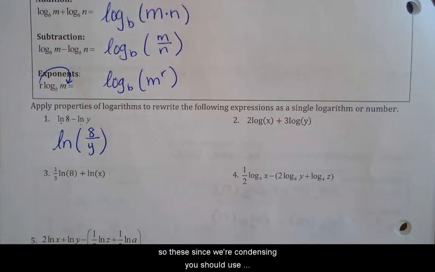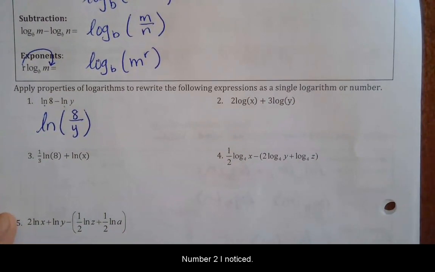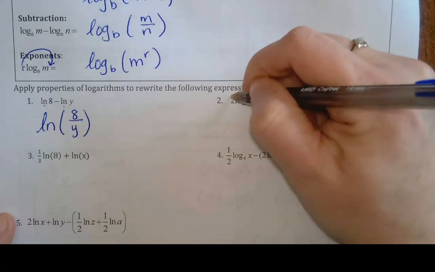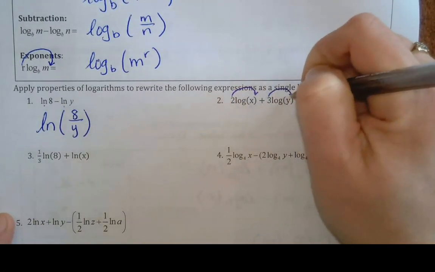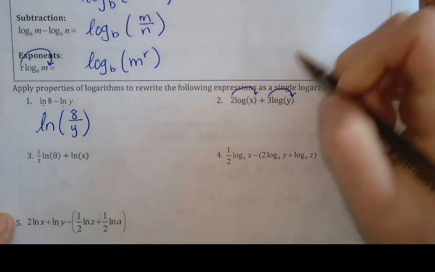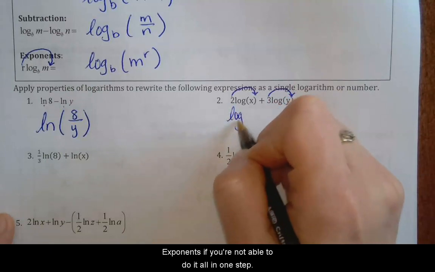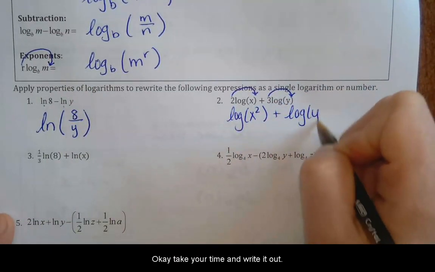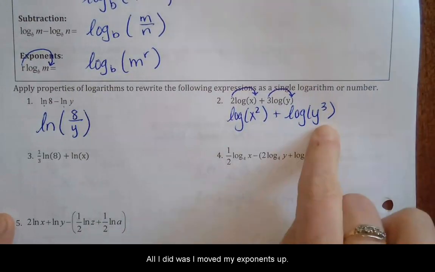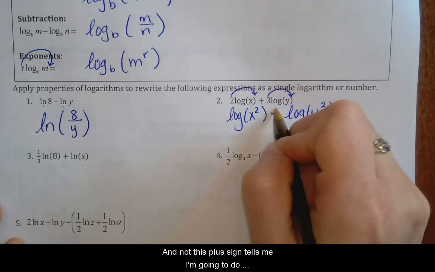Now for these, since we're condensing, you should use parentheses like I am, okay? Number 2, I noticed that this log x has a coefficient of 2, this log y has a coefficient of 3, so those have to pop up and become exponents. So if you're not able to do it all in one step, it's okay. Take your time and write it out. Okay, so all I did was I moved my exponents up,